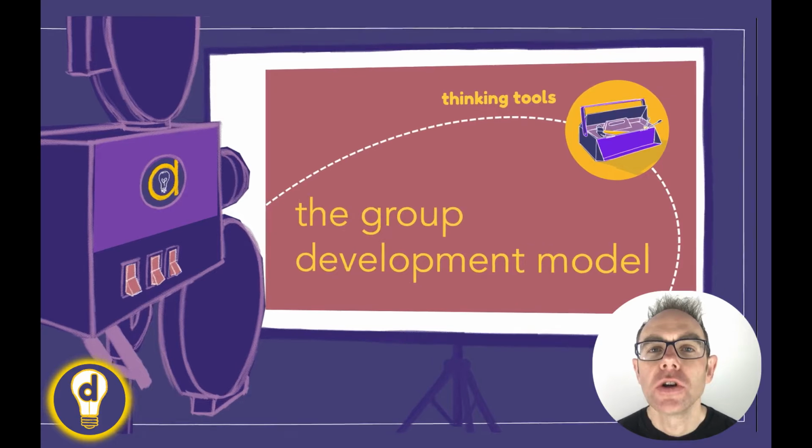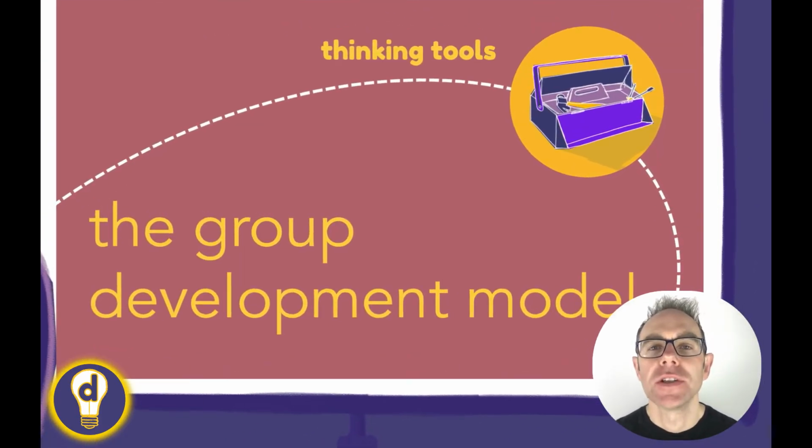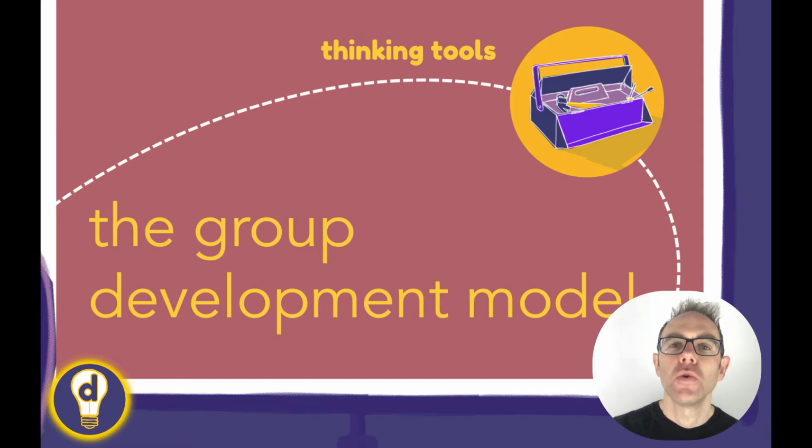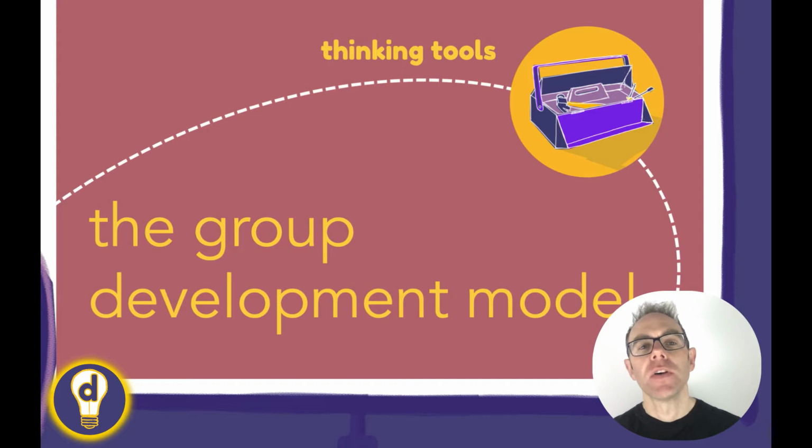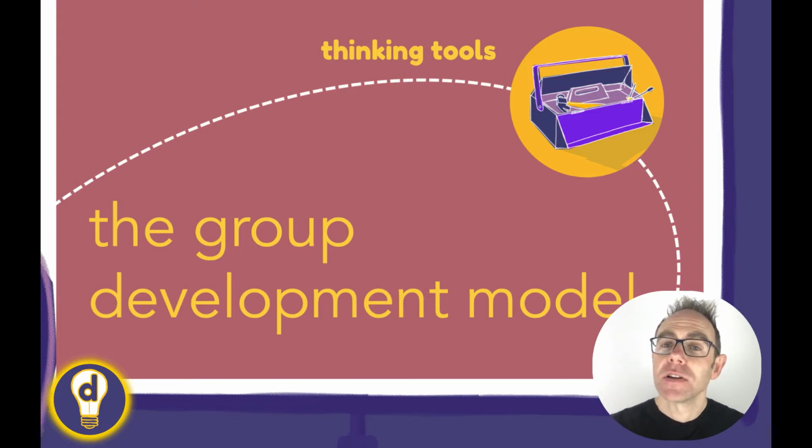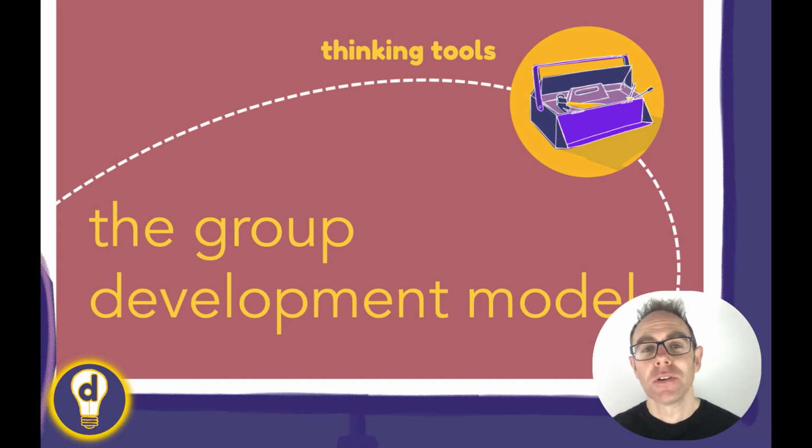In this episode, we're looking at something called the Group Development Model, which is a tool for designing effective teamwork and group work activities. It's characterised by its 4 key stages of forming, storming, norming and performing, and it was developed by an educational psychologist called Bruce Tuckman, who incidentally, his first names also happen to be Bruce Wayne, for any Batman fans out